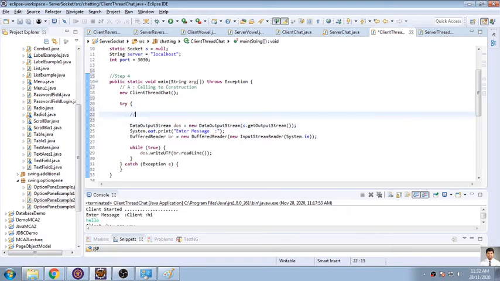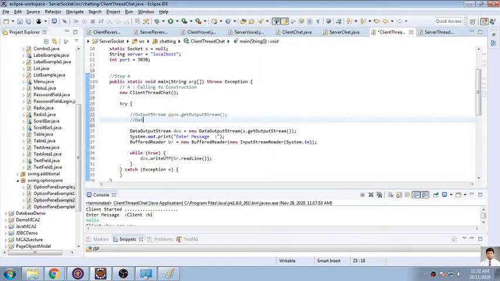Previously we used to write OutputStream OS is equal to socket.getOutputStream, and we had to add that into a DataOutputStream, DOS is equal to new DataOutputStream, and into the brackets we passed that output stream object.